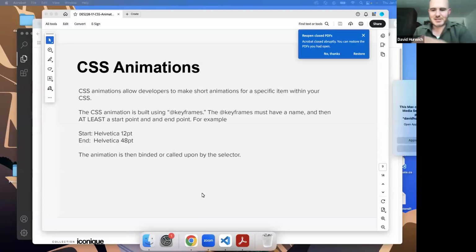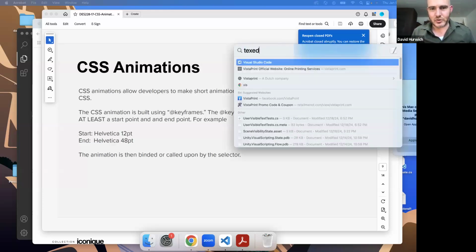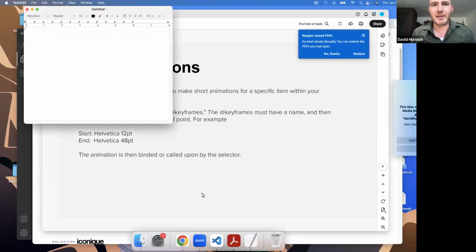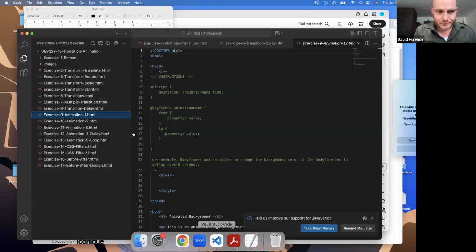Everyone. So in the last video, we talked about the idea of transitions, right? And the idea that we could animate from one state to another state. In other words, you could have a background color for a button and it can go from red to purple when you put your cursor above it or something like that. Now, the thing with all of those